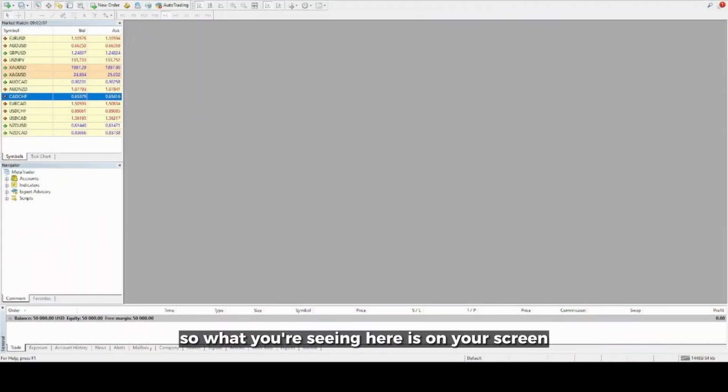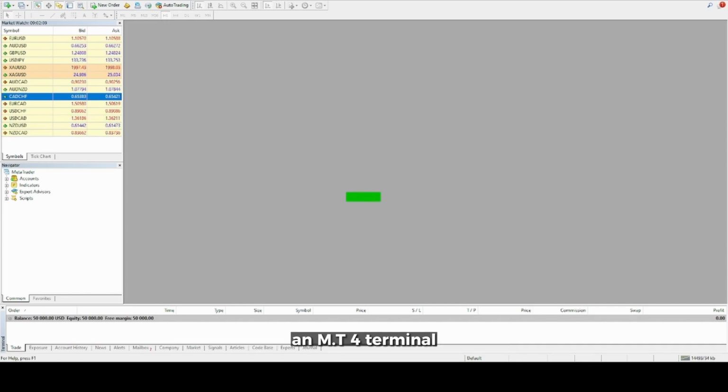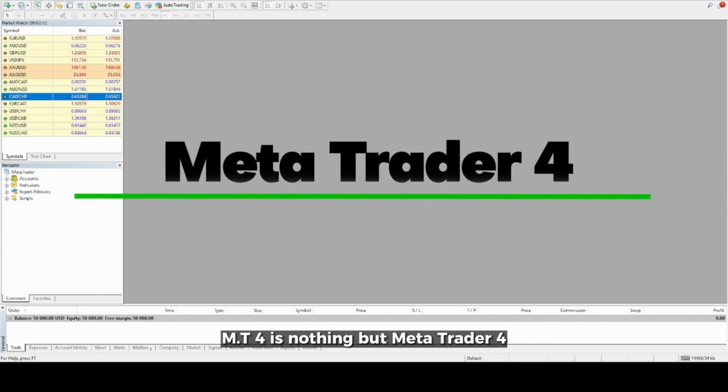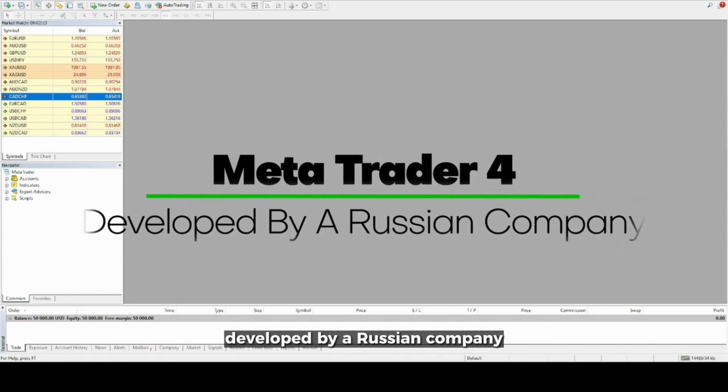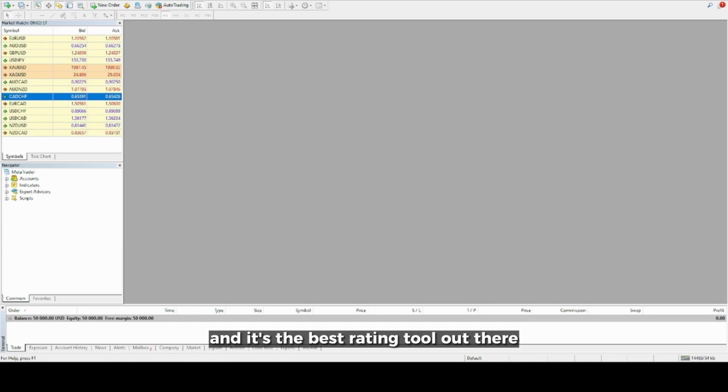So what you're seeing here on your screen is an MT4 terminal. MT4 is nothing but MetaTrader 4, developed by a Russian company, and it's the best trading tool out there. I've been using it for years and years and I absolutely love it. So what you're seeing here is just a blank shell of MT4, and now what we're going to do is